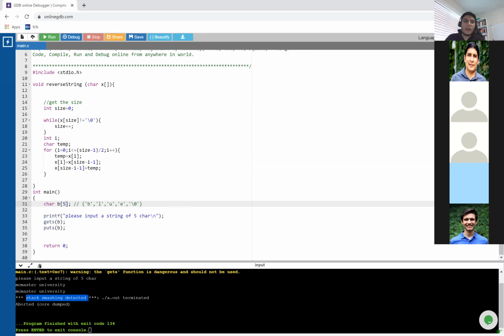What does it mean? It means that you are trying to access a memory that is not allocated to your program, right? Which means you might be attacking the hardware, or you might be doing something suspicious, right? So why is this happening in C? Because again, C, if you remember from arrays, doesn't have array boundary checking, right? So if the user inputs something, it will get stored in the memory, even if the user does not have